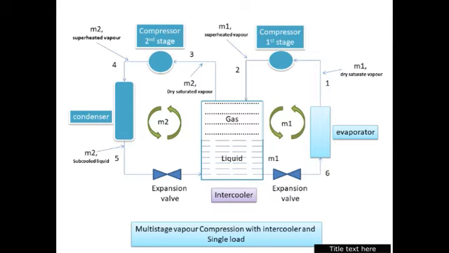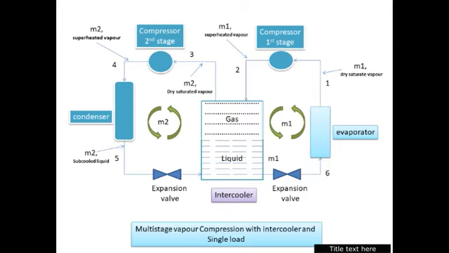When the liquid from the bottom of the intercooler exits at the opening of the expansion valve, the expansion valve will throttle that liquid and convert it into cooled liquid. The mass of the liquid will be m1. The liquid will go to the evaporator from point 6. The entry to the evaporator is 6.